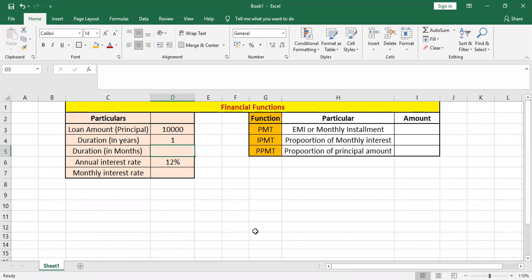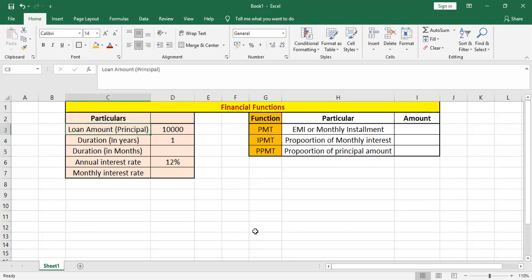And that's why I'm here today with some financial functions that would be really useful for commerce students, for data analytics students, for any freshers, and basically anyone who wants to take a loan, right? Because today we are going to learn how we can calculate our EMI on the value of the loan, that is, the loan amount or principal taken from the bank. Okay, so let's start today.